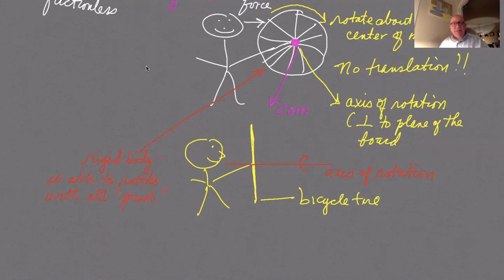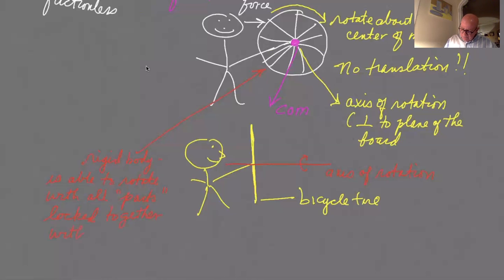It just means that the object as a whole is able to rotate, right? Such that all of its pieces are locked together. So all parts are locked together